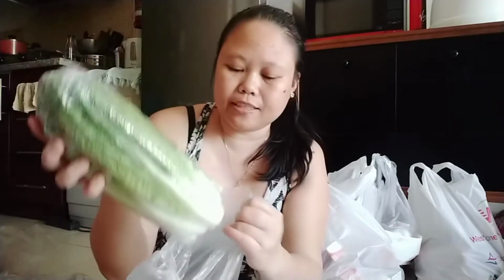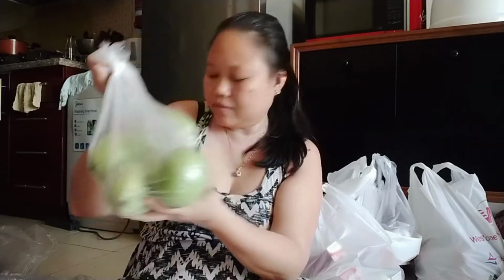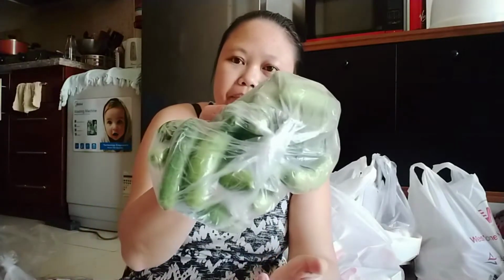I got 2 of this. I'm trying to start my dieting, just salad and some grilled meat. And I've got Thailand guava, 5 of this. And some Indian vegetables for my husband. I got this very small onions because I'm gonna make